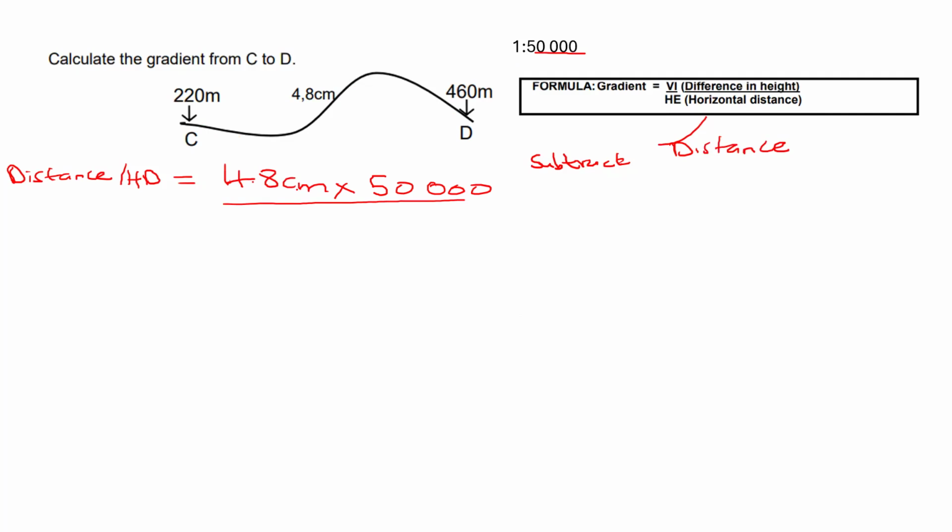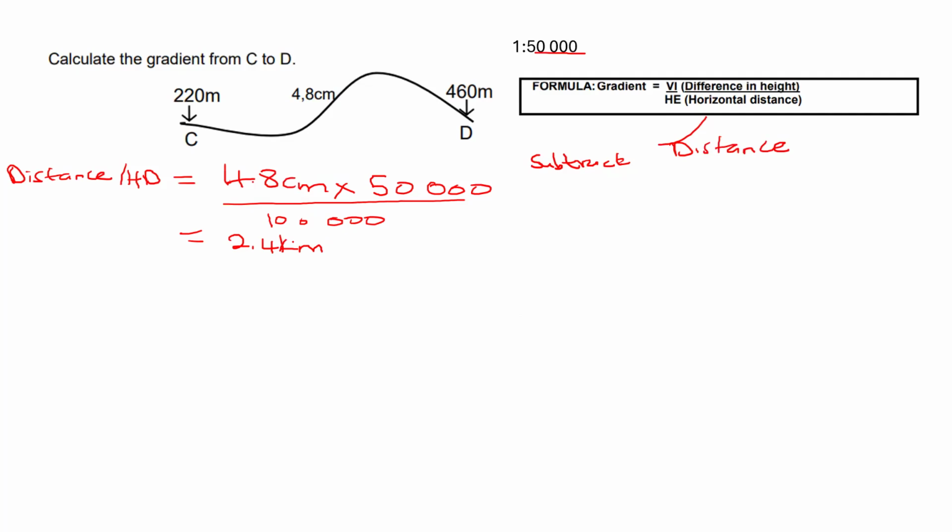And to convert centimeters into kilometers, we divide by 100,000. All right. Let me punch this in my calculator. 4.8 multiplied by 50,000 divided by 100,000, and I get 2.4